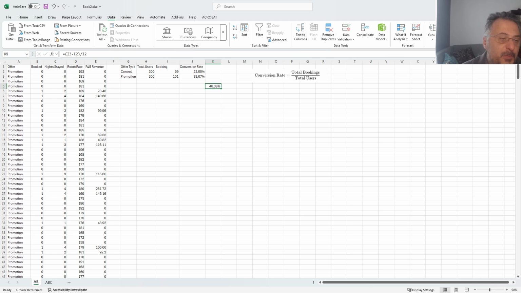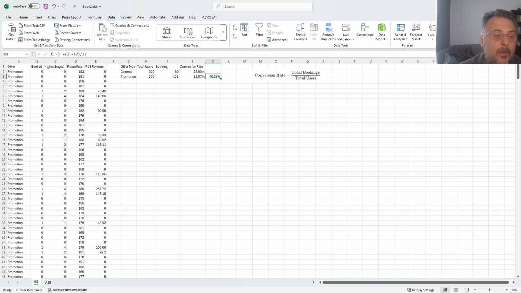So from the business perspective, the higher conversion rate suggests that price sensitivity plays an important role in customers' decisions. However, we do not yet know if this increase in bookings translates to higher revenue and or profitability. So the next step is going to be to analyze whether the guests in these groups stay longer, pay lower room rates, spend more or less on food and beverage, etc. There are many other questions we can ask. But before we do this,